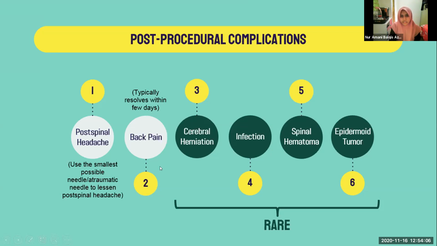And the rare complications include cerebral herniation. This might happen when we do lumbar puncture in children with high ICP. And then infection, it can happen when lumbar puncture is done in a patient with skin infection. And then spinal hematoma, when lumbar puncture is done in a patient with bleeding disorder. And also epidermoid tumor, when epidermoid tissue is transplanted